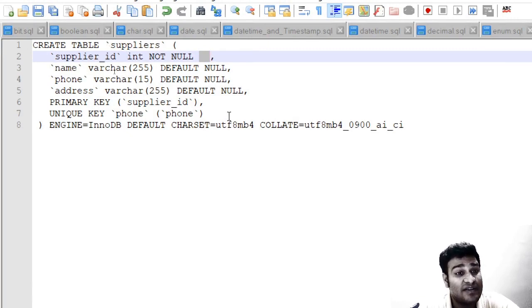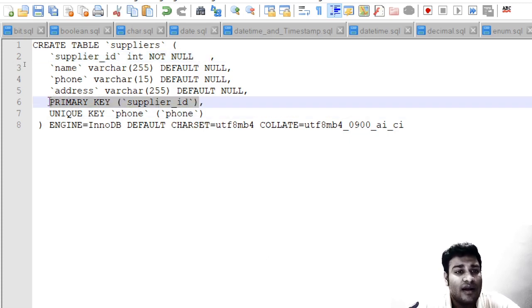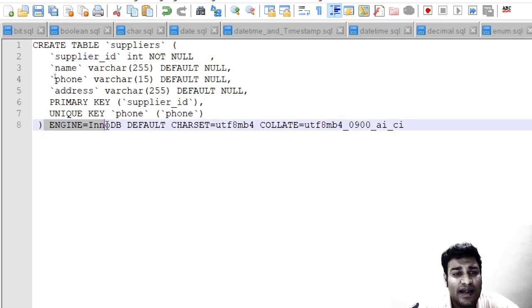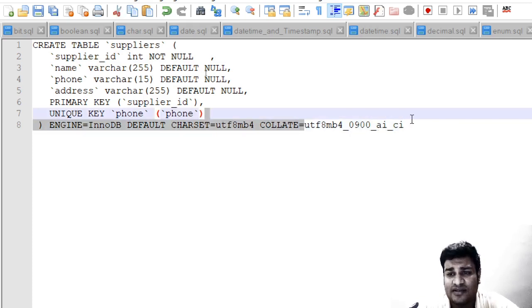We have discussed the optimizer and parser, and the optimizer does this rewriting and has put it over here. And you see that it has also marked it as not null, because the primary key cannot be null. It should always be not null. It cannot be null, sorry. And then the engine is by default InnoDB, the character set by default is UTF-8, and the collation by default is this.